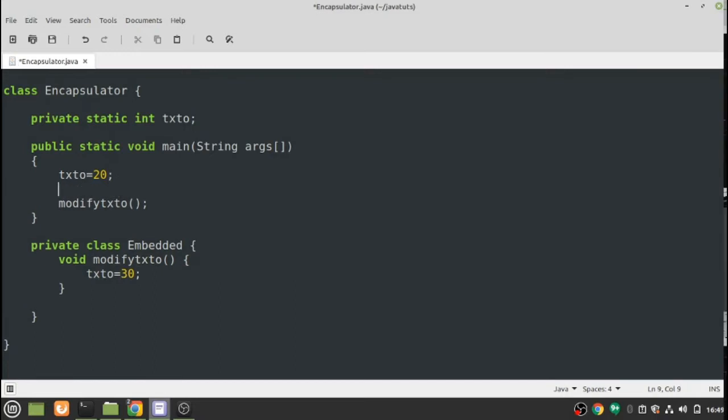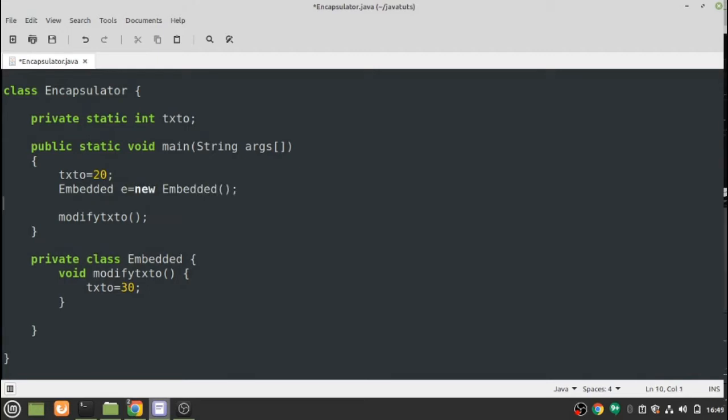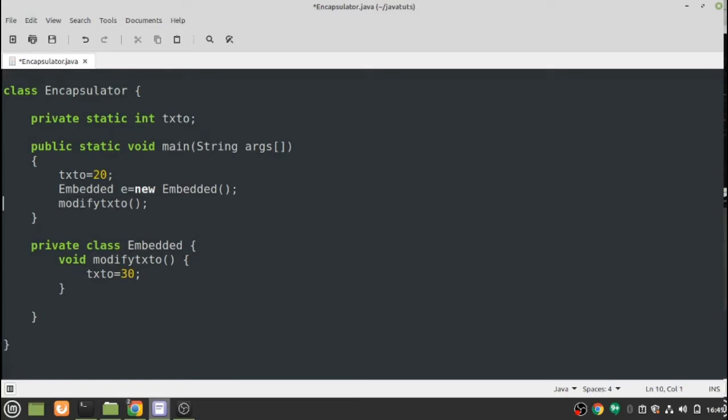So to instantiate this class, what I will do here is Embedded e = new Embedded(). So here what I am doing is I am creating the new object of embedded. So now to access this method, what I am doing is I am writing e.modify txto, and after that I will